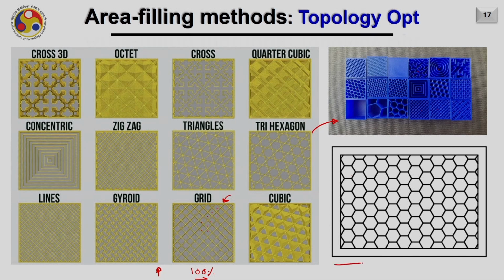Another very popular strategy to create the low density or topology optimized structure inside is the honeycomb structure. As you can see here, it deposits the material along the lines of a hexagon, and it keeps on doing it to build the entire part. There is no material here, only the material is added along these edges. If the size of this polygon is less, then of course the density of the slice will be more.